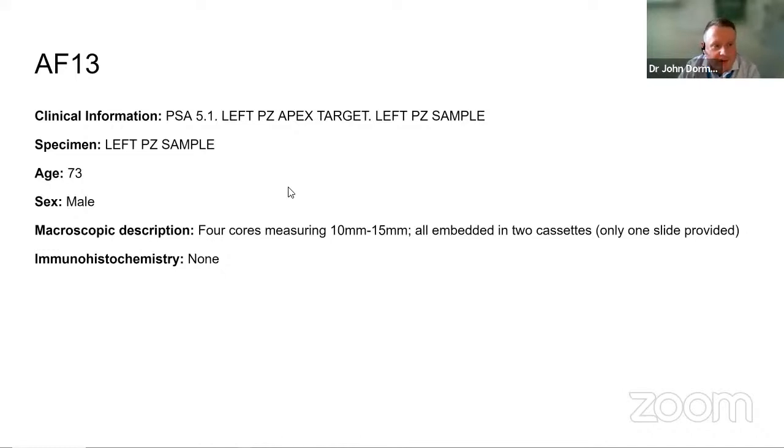So AF30 is a left PZ sample from a 73-year-old male, 4 cores. There were 2 cores. The bottom core,